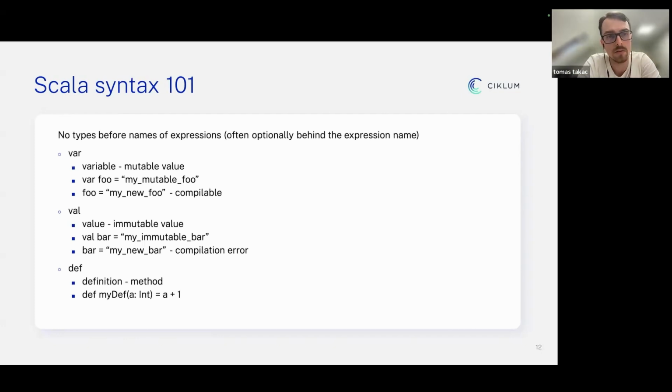Then there is value, and it is how it sounds. It is a value that cannot be changed because, well, it is a value. It is somewhat similar to string in Java, where you can't really change a string, you can just create a new one. And this is something that is done in Scala all the time. And so the first ones would be evaluated the first time they are read